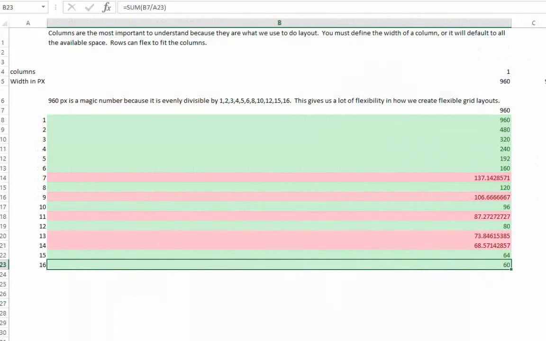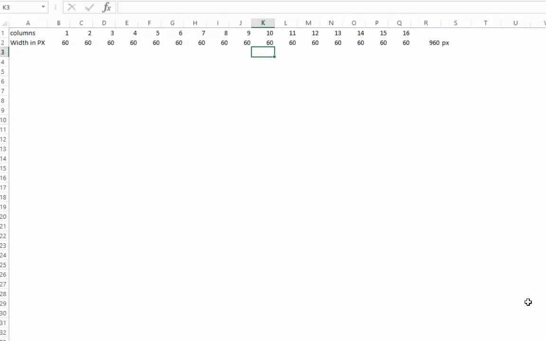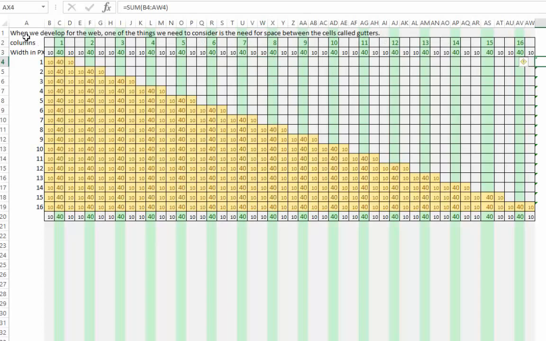So for instance, if I was doing the 1 column, I would still need to add the gutters. Create the spreadsheet, add the gutters, make sure you put the pixel widths in here, and do the equations, and then create just a basic